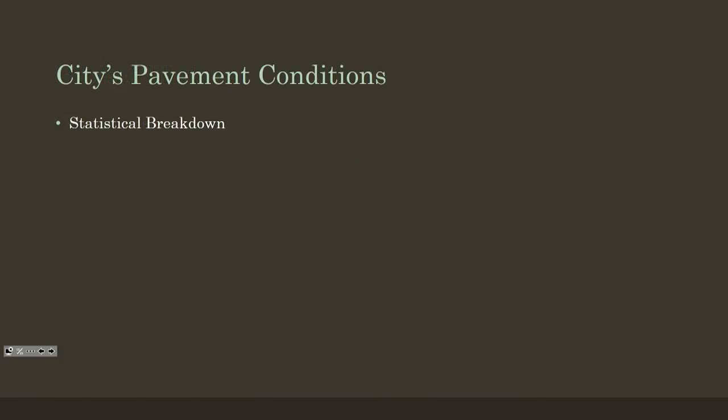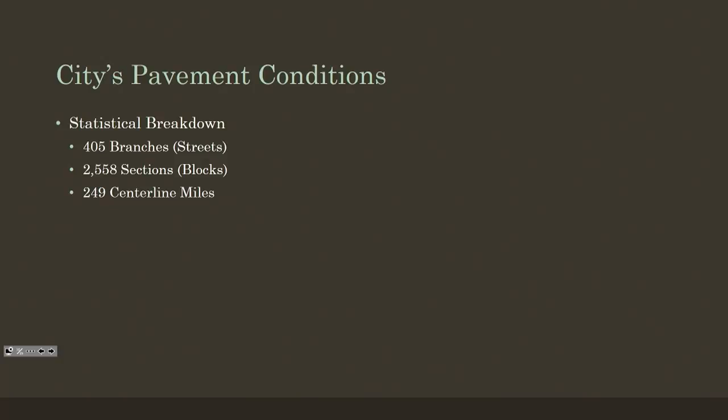So let's talk some statistics. The city of Minot has 405 streets, and each one of those streets is then broken down into sections we call blocks. So from 24th Street, from 2nd Avenue to 4th Avenue, that's a block. And then we're able to categorize that in our systems. We have 249